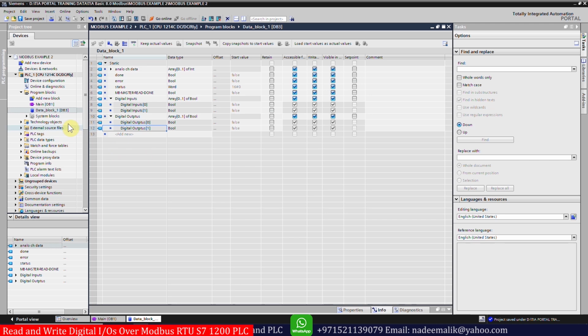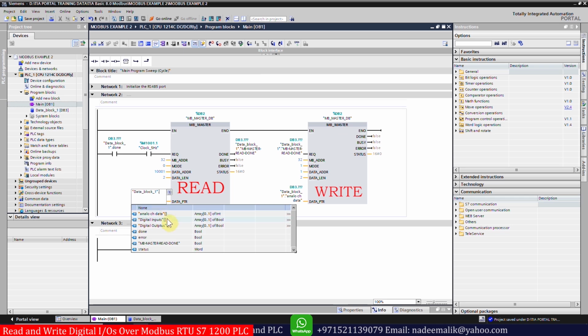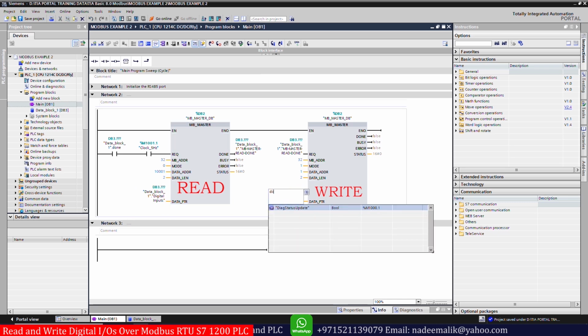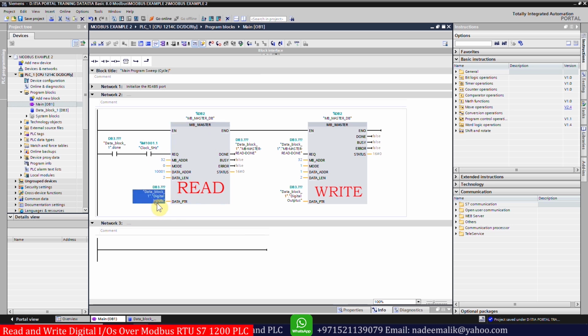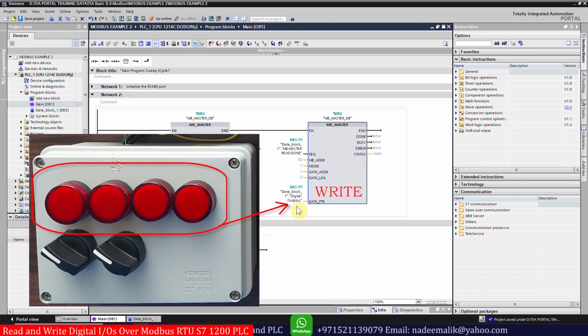Next we will come back to the OB1 and select the digital input array tag in the data block 3 for the data pointer for the read function. Next we will select the digital output data array tag in the data block 3 for the pointer for the write function. Now the MB master function will read the status of the digital inputs. The switch is connected at the input of the IO module. This Modbus function will write the status of the digital outputs. The LED is connected to the relays of the IO module, by taking the data from the digital output data array tags and sending this data to the extension IO module